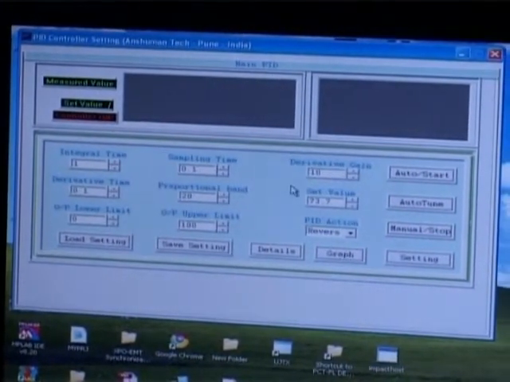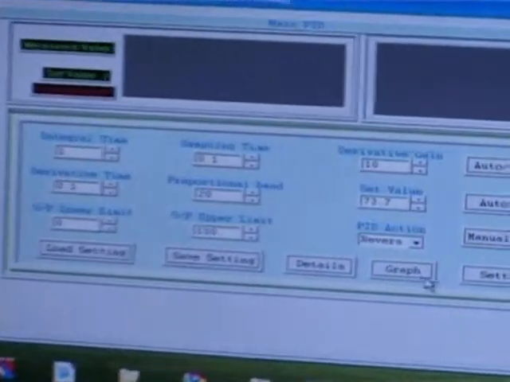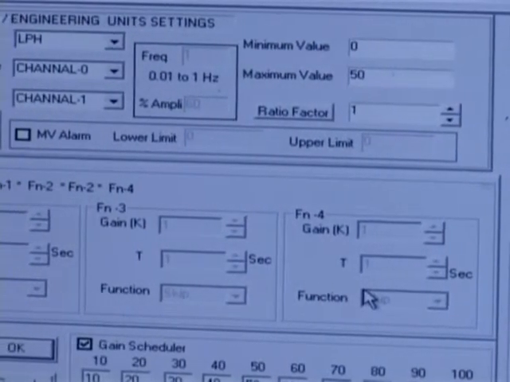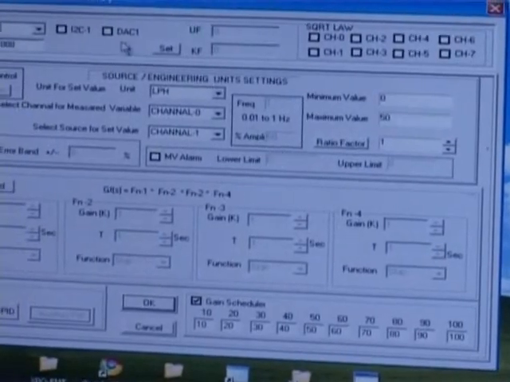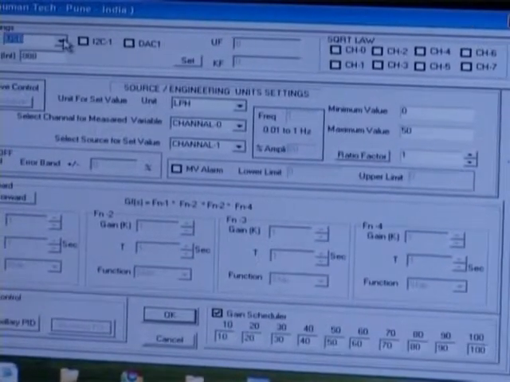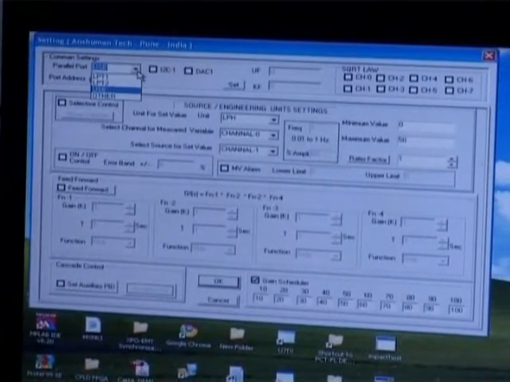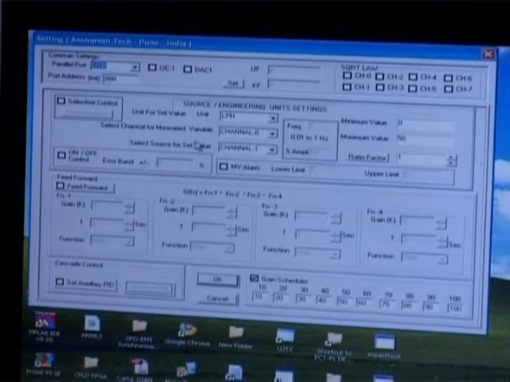So you will get the window of the panel, the main PID panel. Select settings. After double click, settings will come. Here select parallel port and select USB mode, and select